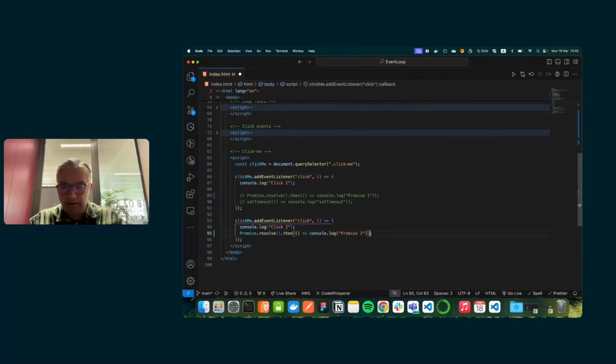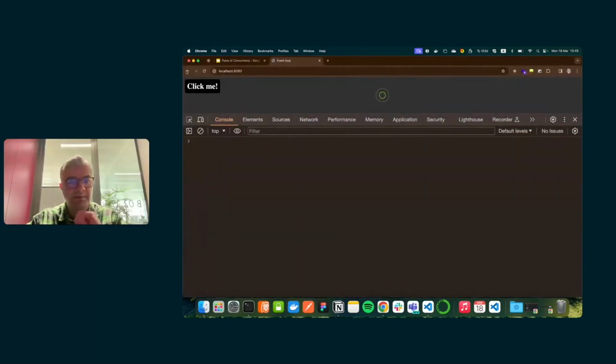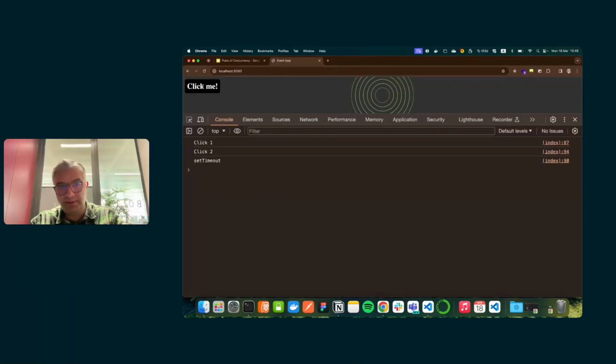So what if, let me remove the second one, because I want you to compare promise, task and microtask in this case as well. So let me replace it with the set timeout. Refresh. So what is your guess right now? Clicking on the element, I have a set timeout here and click two. Let's do this. Click one, click two, set timeout. Why is it happening? Because the priority of click events is totally like microtasks. They are going to the microtask queue. Since the task queue is not empty and the priority is higher, set timeout is supposed to go last.